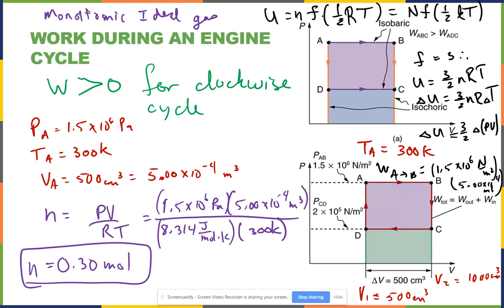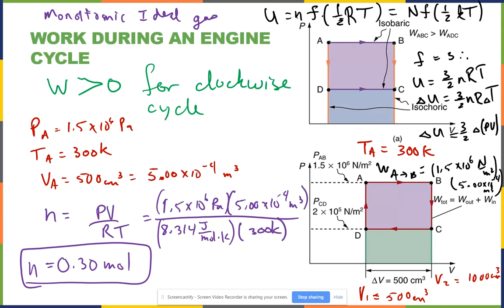It wasn't my handwriting. No wonder I couldn't erase it. So I'd have 3/2 the work in this case. So my change in internal energy is going up by 50% more than the work we just calculated. So 750 joules, multiply that by 1.5, and that's the change in